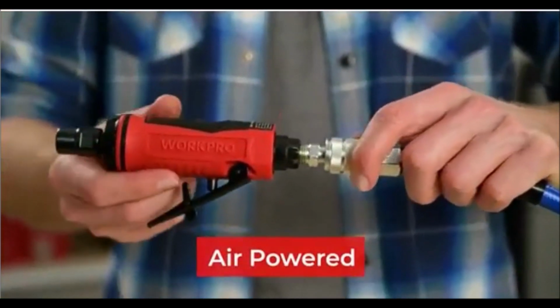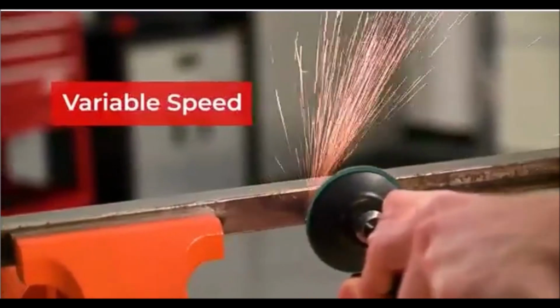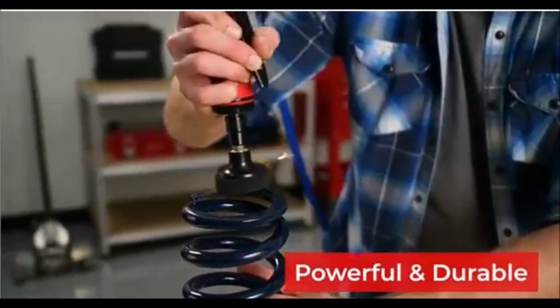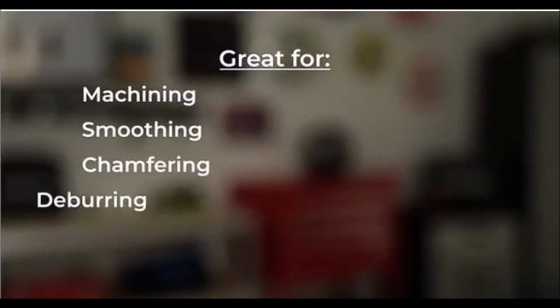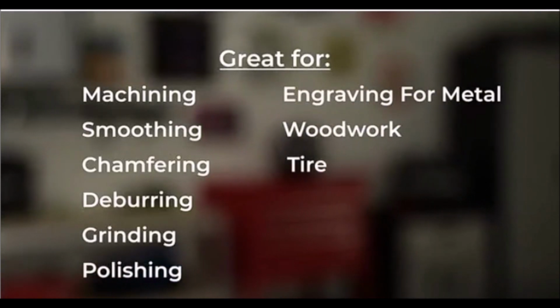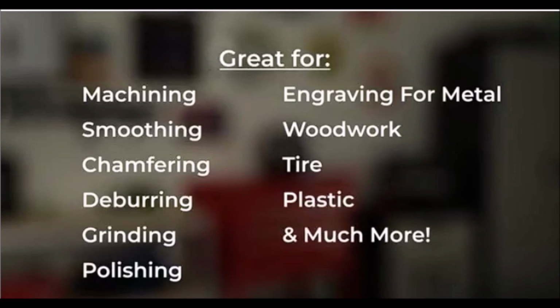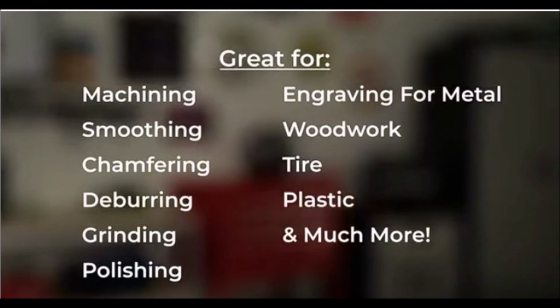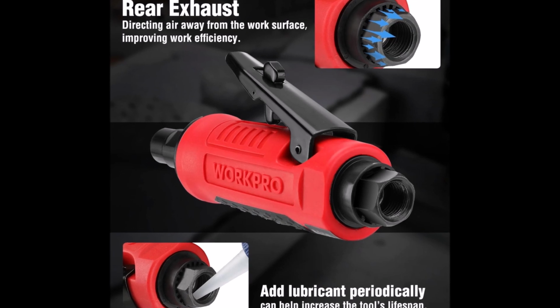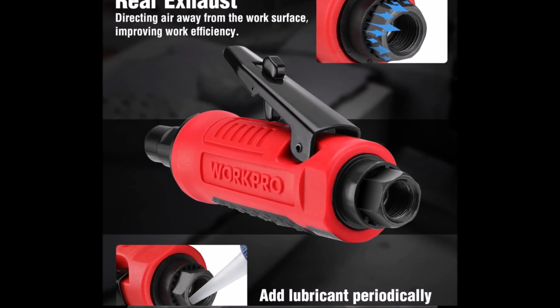Safety is prioritized with a unique latch on the trigger mechanism that serves as a child safety lock, preventing accidental startups. Weighing only 0.72 pounds, the lightweight and ergonomic design ensures easy maneuverability and a comfortable grip for extended use. The die grinder operates at 90 psi, 6.3 bar, with an air consumption of 85.5 liters per minute, 3 CFM,